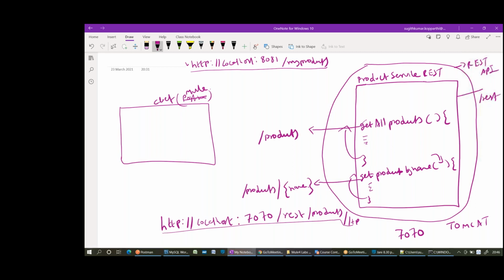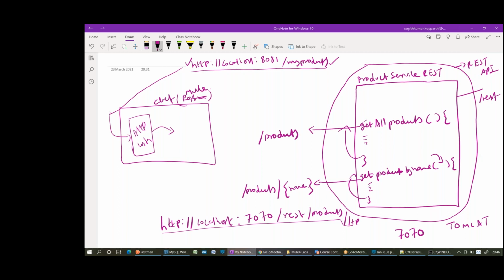In order to listen to this request, first I need to configure the HTTP listener. Very good. Once it receives this request, what will it do? Convert that into a Mule event. That event will be processed by the process. Right now, what is the requirement?